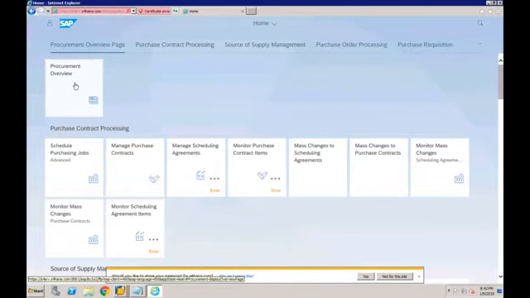If I click on it, I don't know whether it will work or not in this system because we have not activated it yet. But this will actually give me the complete picture of the overall procurement department. How many purchase requisitions are pending for approval? How many purchase orders are pending for approval? What is the total number of suppliers who are performing well? Which are my top 25 suppliers? Those kinds of reports, which until now were only possible in BW or BI, will be available here in the overview page.